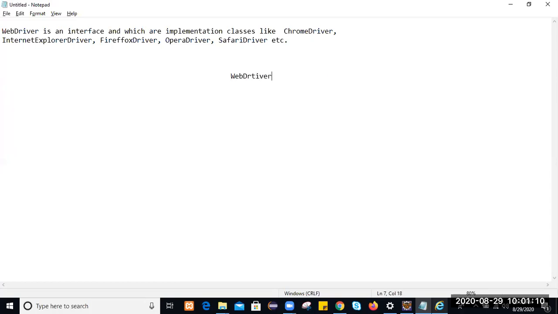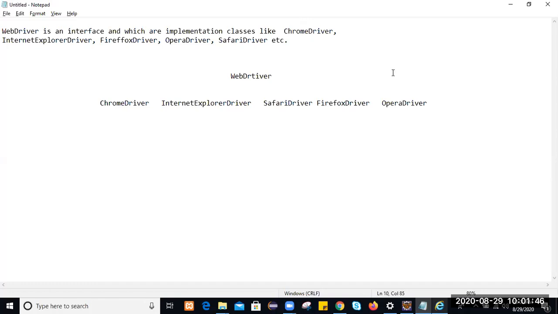You take the WebDriver and its implementation classes like Chrome driver, Internet Explorer driver, Safari driver, Firefox driver, Opera driver, etc. Okay, we have multiple classes.